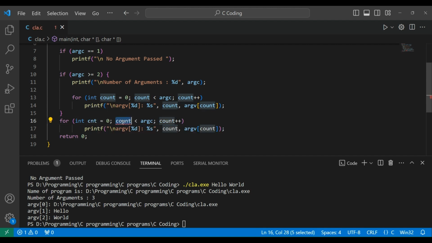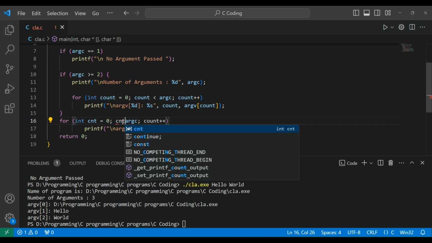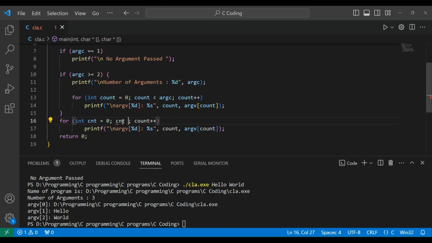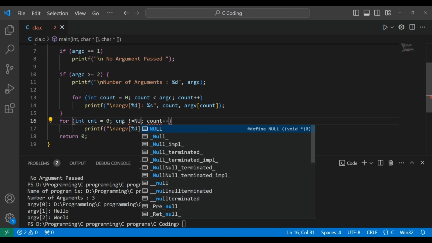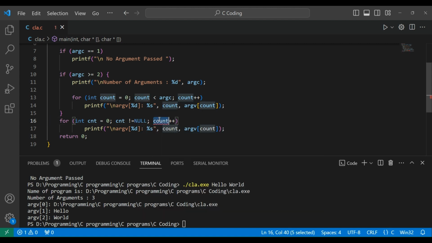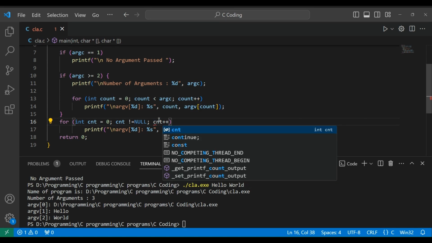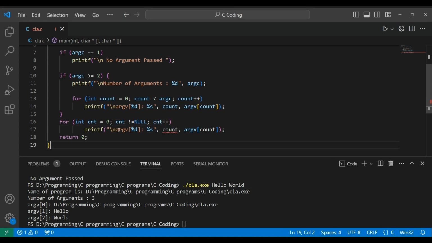Here I'll change the condition to not equal to null, and here I will remove this string. I don't want this, I just print the string value,